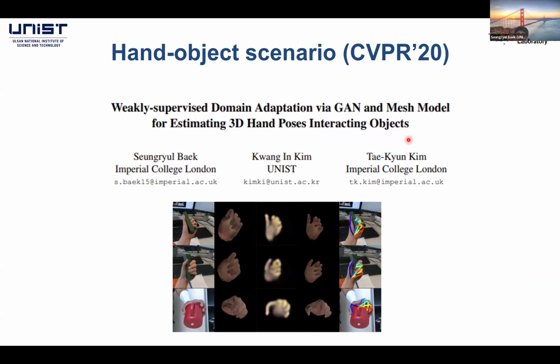Okay, so in the year of 2020, we developed this type of pipeline, actually wanting to reduce the gap between this type of hand-object interaction RGB images and single hand images. So collecting a data set for this type of domain is very difficult, okay? Especially collecting 3D pose data, the ground truth is very hard. So collecting a data set for this hand-object interaction domain is very challenging, but there are already many data sets available